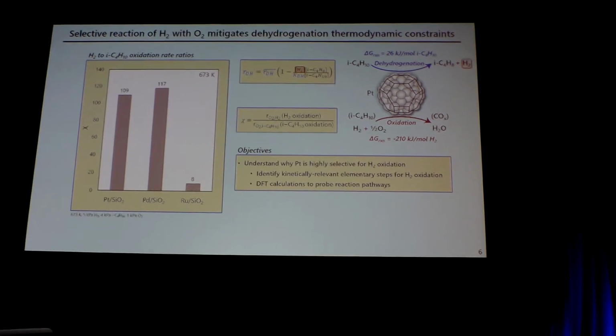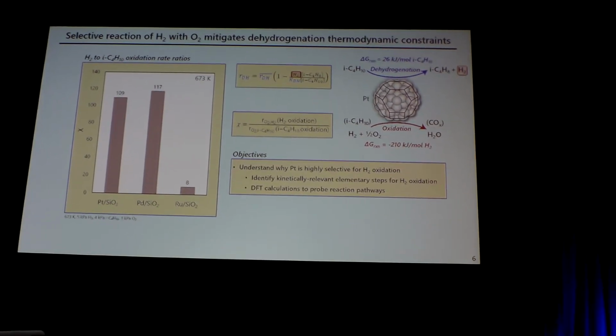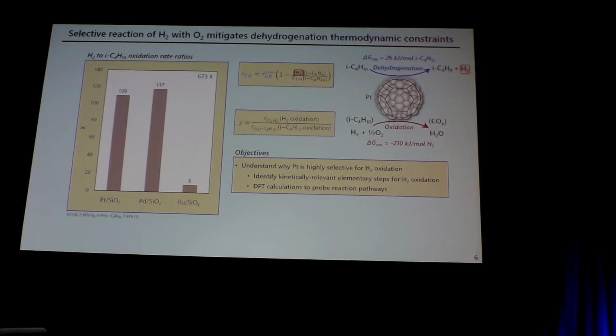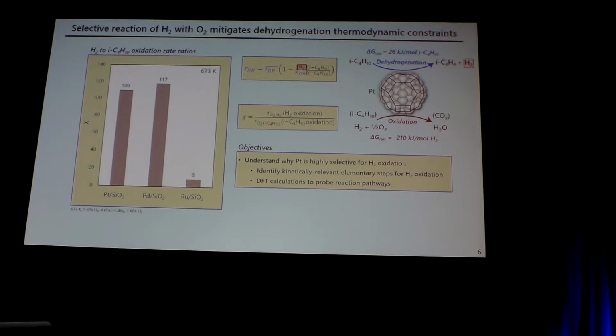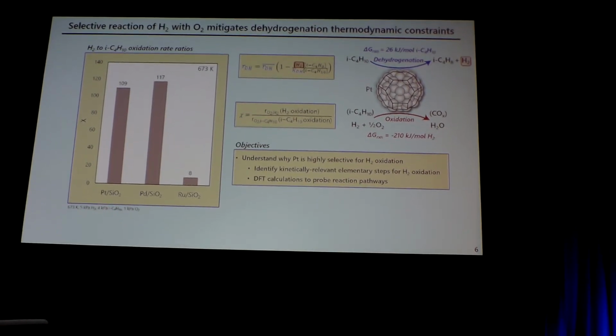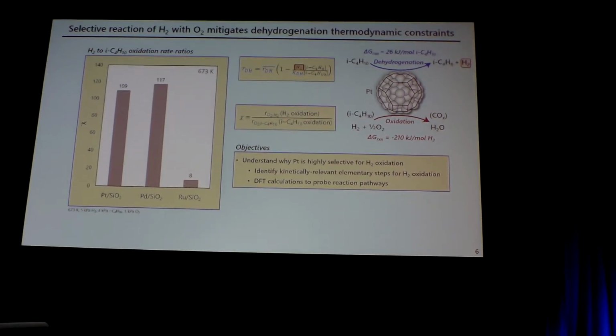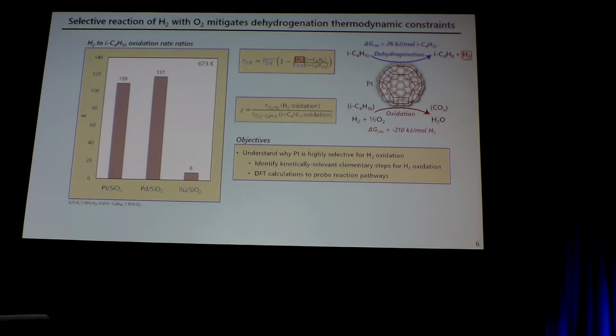And so the objective of this part of the project is to understand why platinum is so selective for hydrogen oxidation. And this involves identifying the mechanism by which hydrogen oxidation proceeds on platinum and using density functional theory calculations to verify our proposed mechanism and probe some of the surface non-idealities that play a large